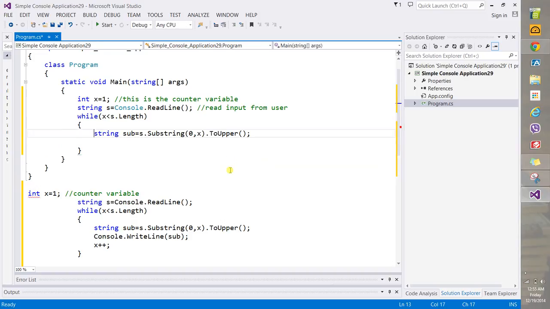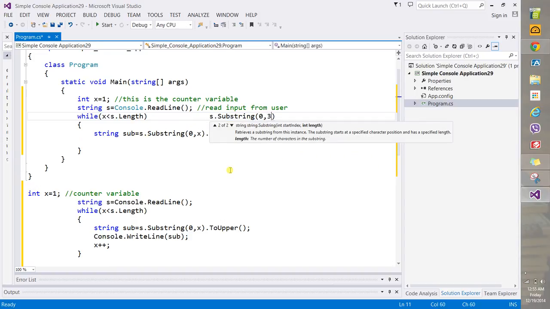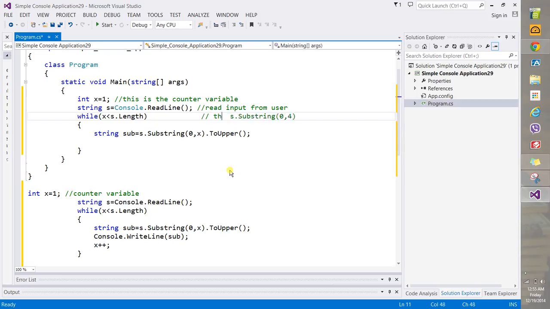Let's take a look first at a fixed case rather than a variable case of the stopping value in terms of characters. Imagine I gave you s.Substring and I said 0 and then comma and then 4. Okay, so it says integer starting index, integer length. Okay? So it says the substring starts at a specified character position and has a specified length. So this means, imagine I gave you this string here. Okay? Let me comment this out. Imagine I gave you the string this. And here I put